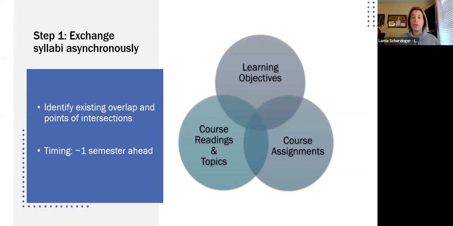So exchange those syllabi, take a look. Is there some sort of intersection where they all overlap? Whether that's through the topics you're covering, the learning objectives you have, or any kind of assignments. In each of my partners, they teach something with nutrition. It's not the exact course, and in fact, my course is a general education course. So I may not even have anybody who's majoring in nutrition or any sort of exercise science or anything like that. They may be an English major.